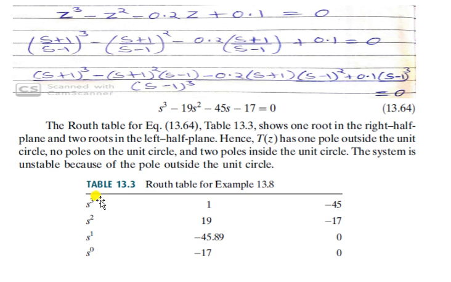So as we know, we have here a total of 3 poles. One is outside the unit circle, so the remaining 2 will be inside the unit circle. So you will write this comment here. And as we know, if you have any pole outside the unit circle, then the system will be unstable. So remember this point. So this is the completion of this problem here.